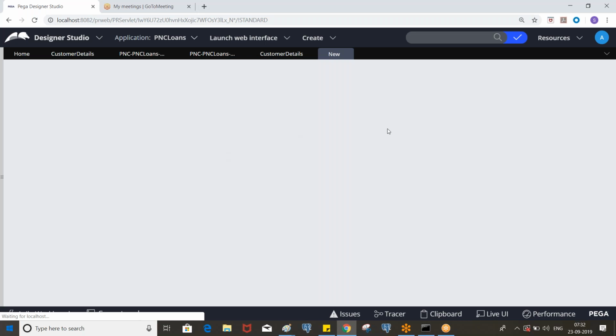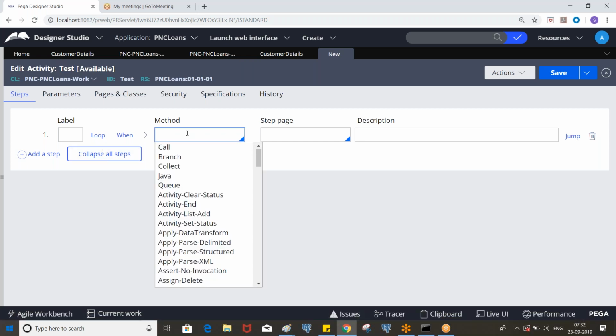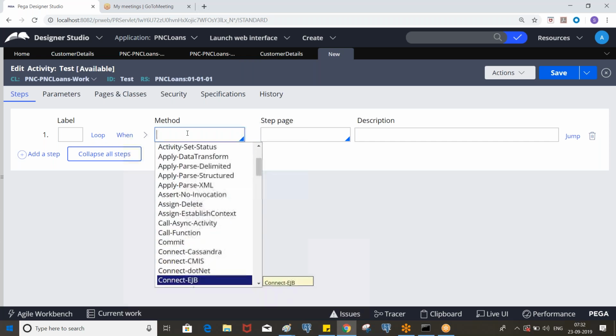And so inside the activities, we have some methods, and they provide the business functionality in the form of methods. In the method drop-down, we see almost 110 different methods. But in real-time applications, mostly we use 20 to 30 methods max. So we need to know about these methods, what each does and where exactly we need to use it.